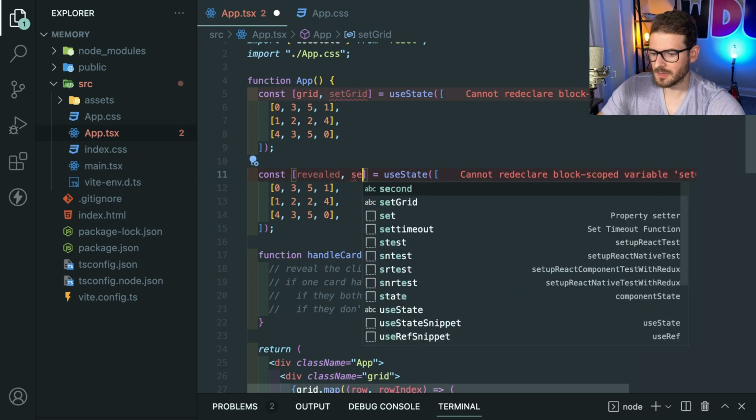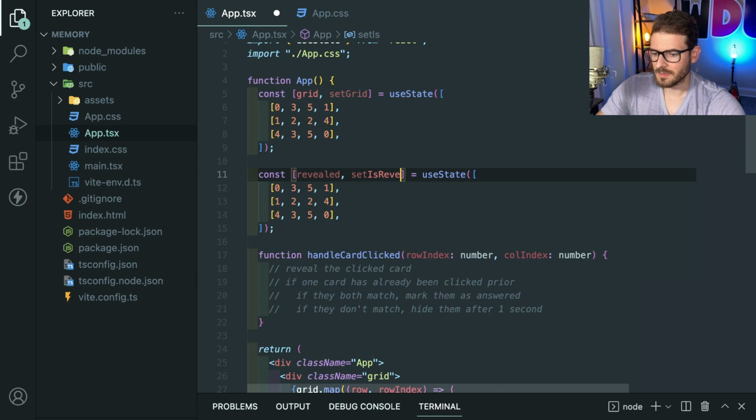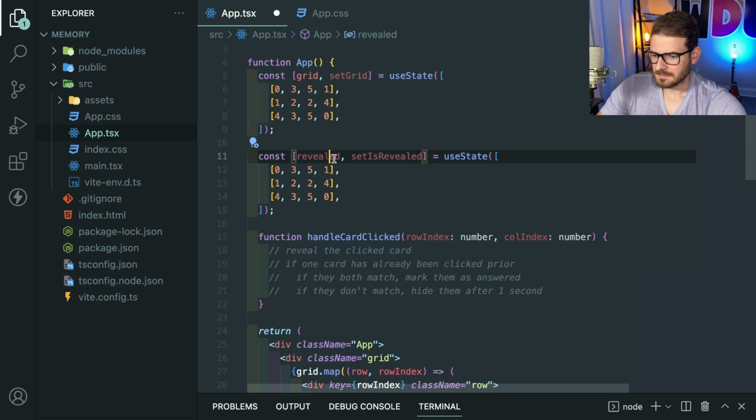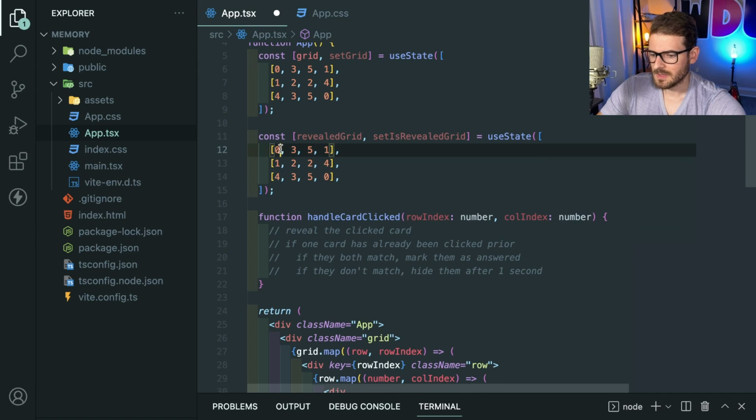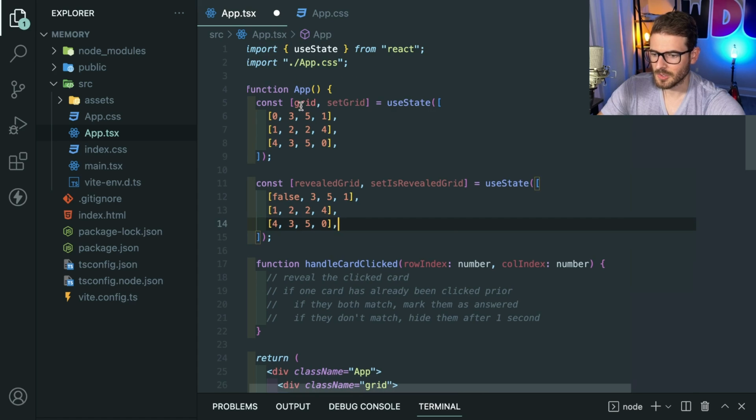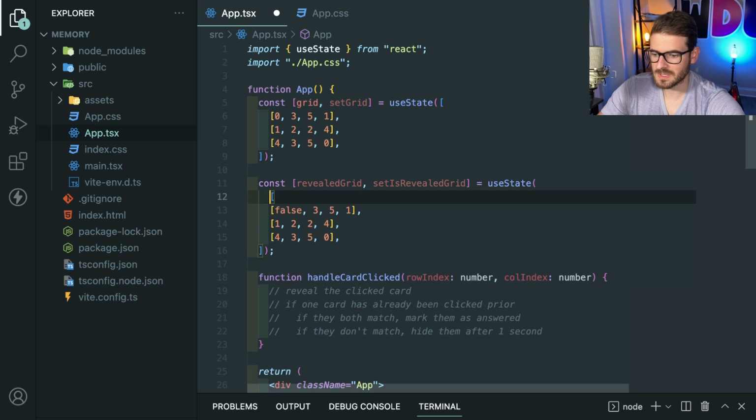So I'm going to say is revealed and set is revealed. Actually, I might call this reveal grid and set is reveal grid, like this. And then this is all going to be false by default. And then what we could actually do is make this match the same dimensions as grid if we wanted to. So what I could actually do is say new array